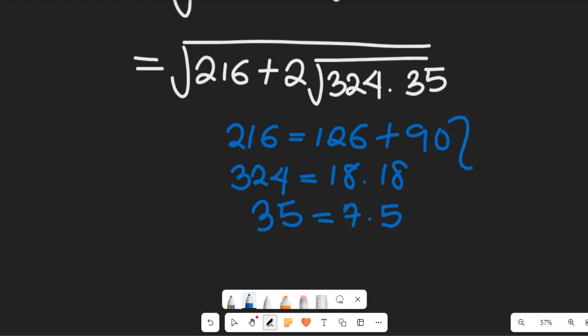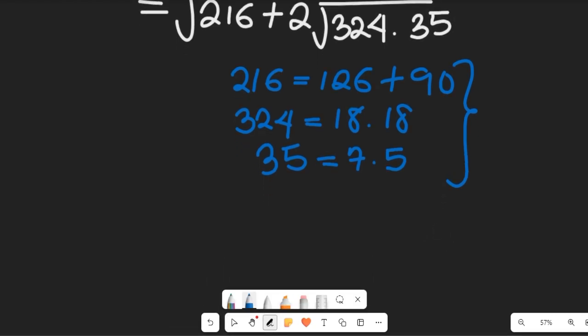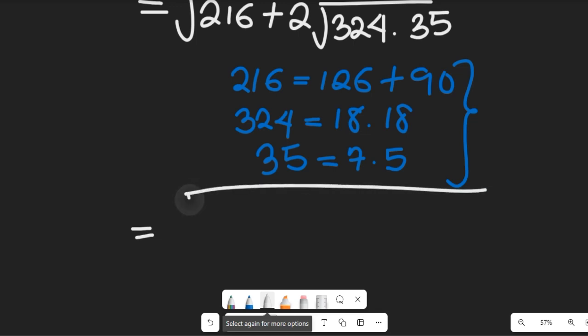So if all of this is logical, that means I can impute all of this into my expression and it will make sense. Now that expression will be equal to the total square root of, instead of 216, I'm going to have 126 plus 90,